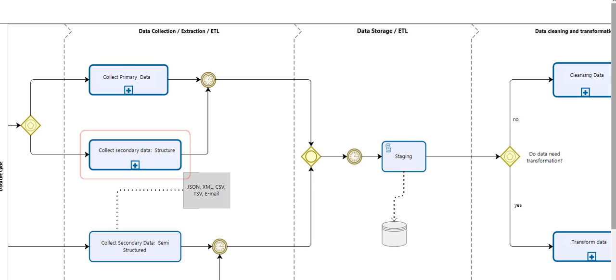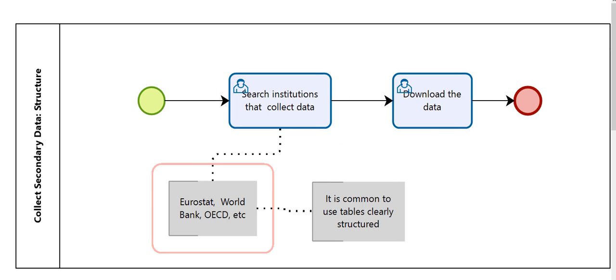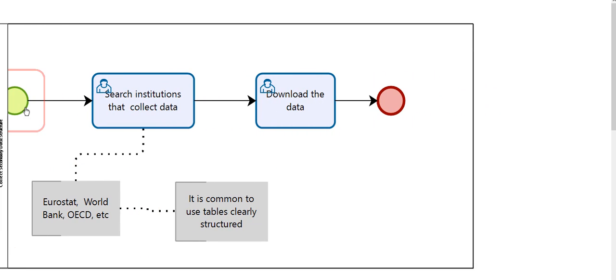so we can, for example, look here that the process begins by searching for institutions that collect the type of data that you need for your study, for your purposes. There are some institutions that collect this data. This data sometimes is free, sometimes is sold. Okay, and then